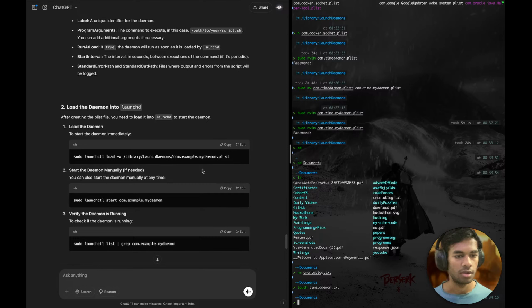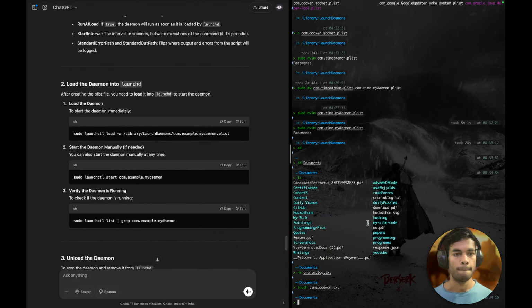Yep, and that is okay. That much is enough. Then I need to put it into launch daemon, which is after creating the plist file, you need to load it into launchd to start the daemon. Okay, I'm using a daemon to create a daemon. Daemons created by daemons. Okay, load the daemon. To start the daemon immediately, sudo launchctl, that is the command. Load -w